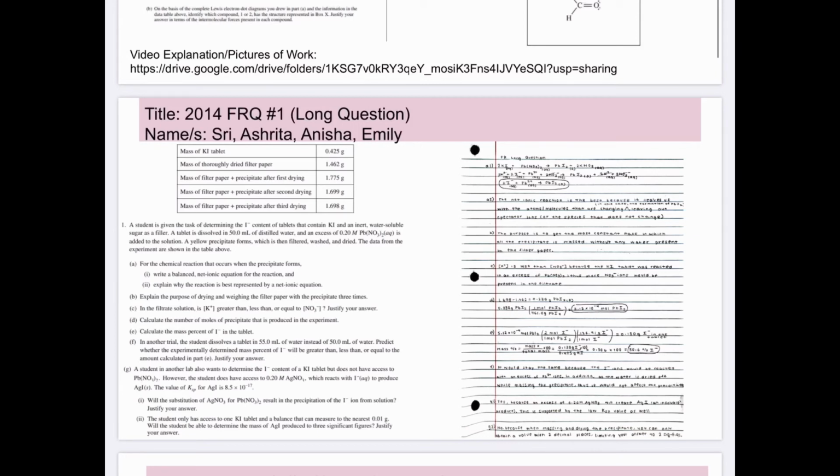If we substitute AgNO3 for lead nitrate, it will result in a precipitation of iodide ion because an excess of 0.20 moles of AgNO3 will create an insoluble solid, AgI, and it's supported because it has a low Ksp value. So finally in G2, a student can't determine the mass of AgI produced to 3 sig figs